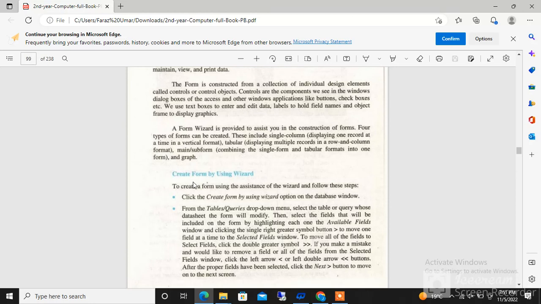Now we read about creating a form by using the wizard. To create a form using the assistance of a wizard, follow these steps. Click the Create Form Using Wizard option on the database window. From the Tables/Queries drop-down menu, select the table and query or datasheet. The form will be modified. Then select the fields that will be included on the form by highlighting each one of the